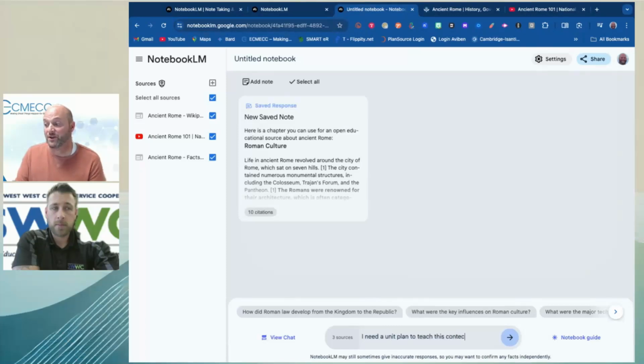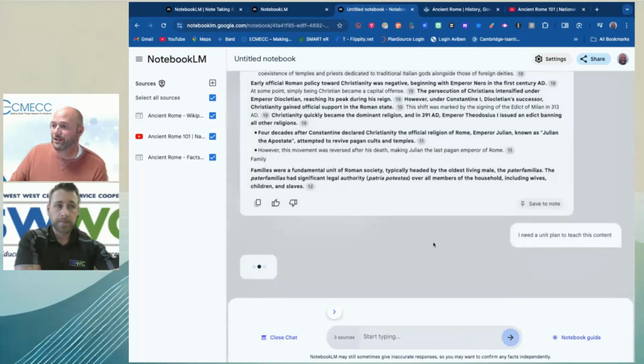Now, what I also could have done is added another source over on the side and make it my standards that would relate to this particular unit, right? And so then I could ask a question about aligning it to my state standards that relate to this period of time. And so I can now ask this question, and now it's going to create a unit plan here